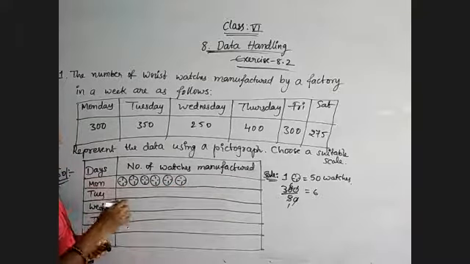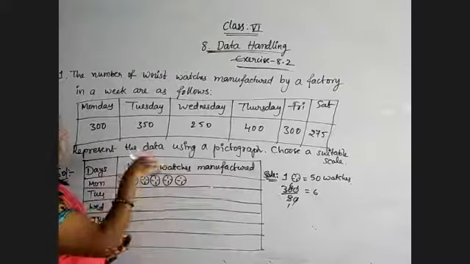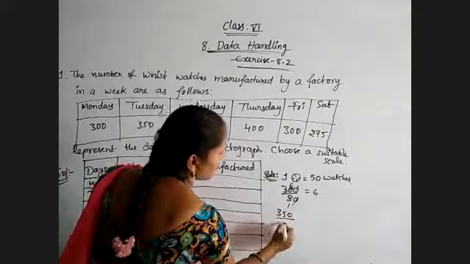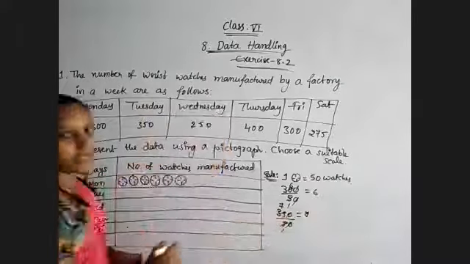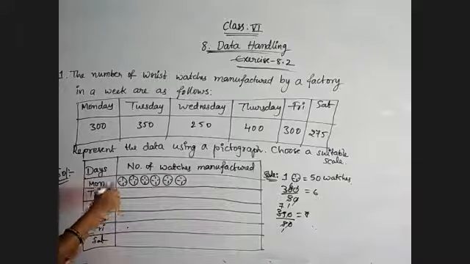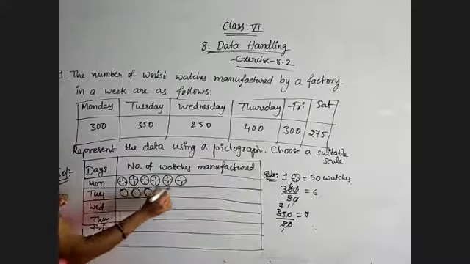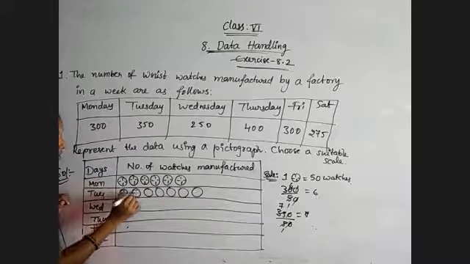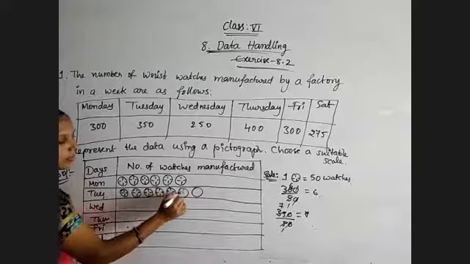Okay, next, for this 350 by 50, 0 0 will get cancelled. 5 sevens are 35. Go through with the division. 350 by 50, 0 0 will get cancelled. 5 ones are 5, 5 sevens are 35. So 7 symbols we need to draw completely, and the same width we have to take for each picture. Same width. 1 2 3 4 5 6 7. So these are 7 watches, wrist watches. I am using this symbol. You can use other symbols also, no problem.